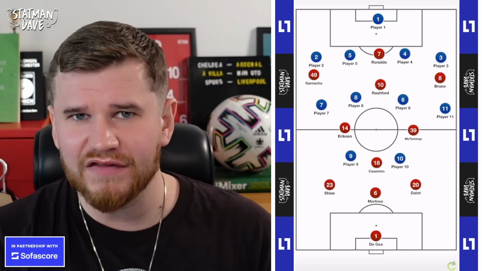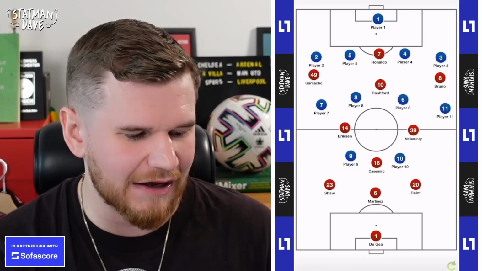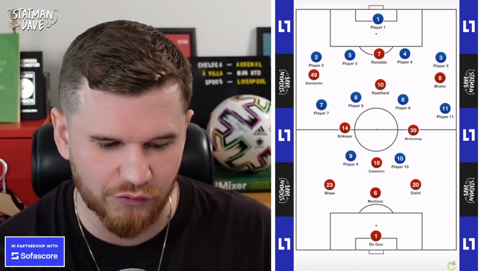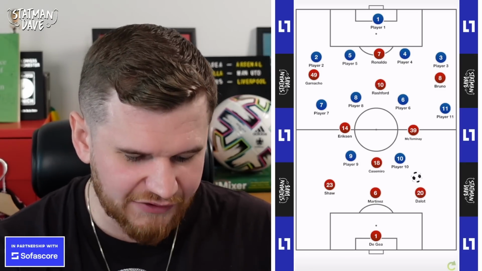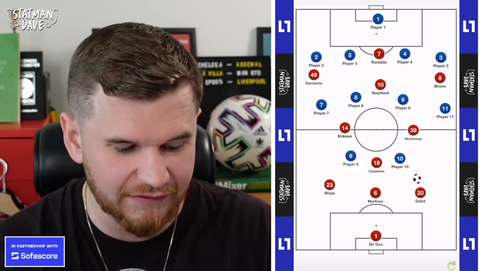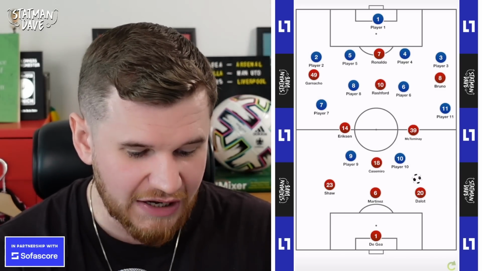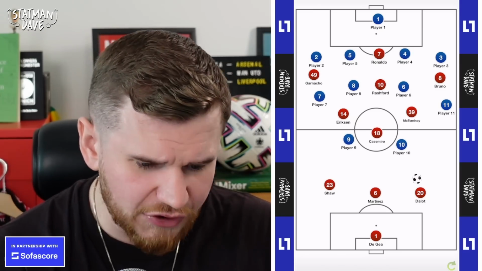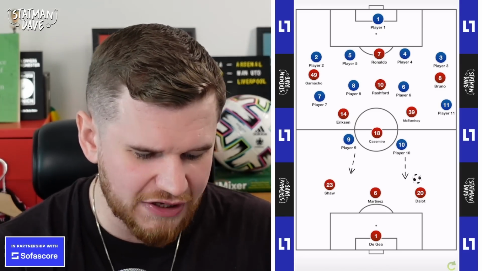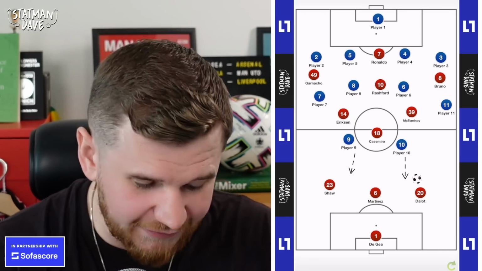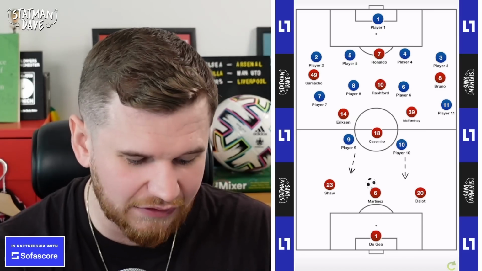First and foremost, I think the base of three at the back allows you to have the extra man to progress the football into midfield and out to the wide areas simply. If we look at the basic shapes that you're going to come up against when a team is defending deep, first and foremost, a deep 4-4-2. The first thing that you've got there is a natural overload, a 3-on-2 situation with the back three, which means you'll be able to work a passing option using David De Gea as well to basically find